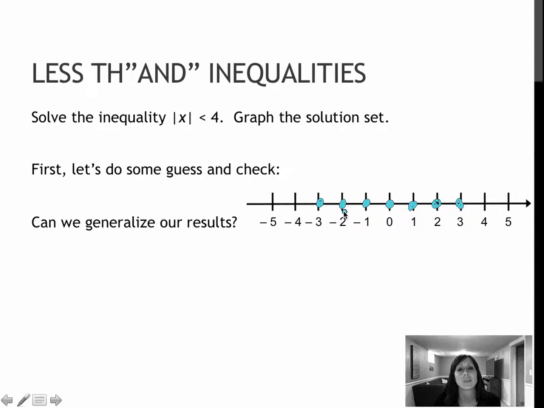And really, I could get specific and say it would also work for -2.5, or really anything in between here. Okay. What about if I skip over to the number 5? Well, 5's absolute value is 5. It's not less than 4, so 5 is not going to work. Would 4 work? Is 4 less than 4? It's not less than 4, but any numbers that come really close to 4 would work, like 3.999, which